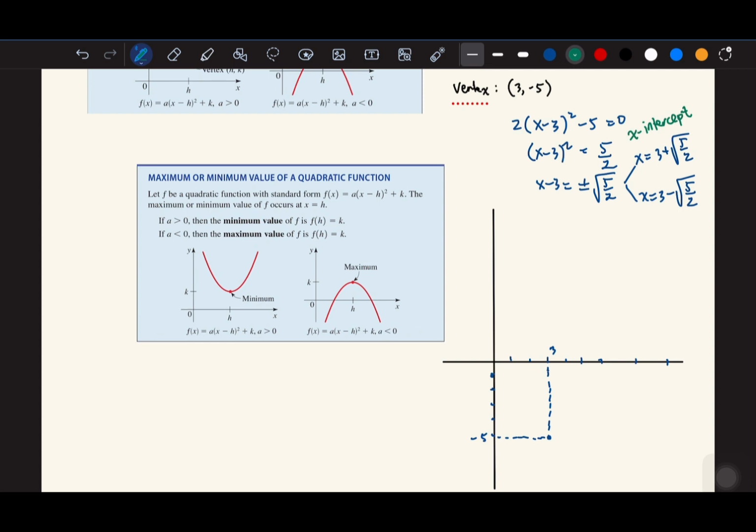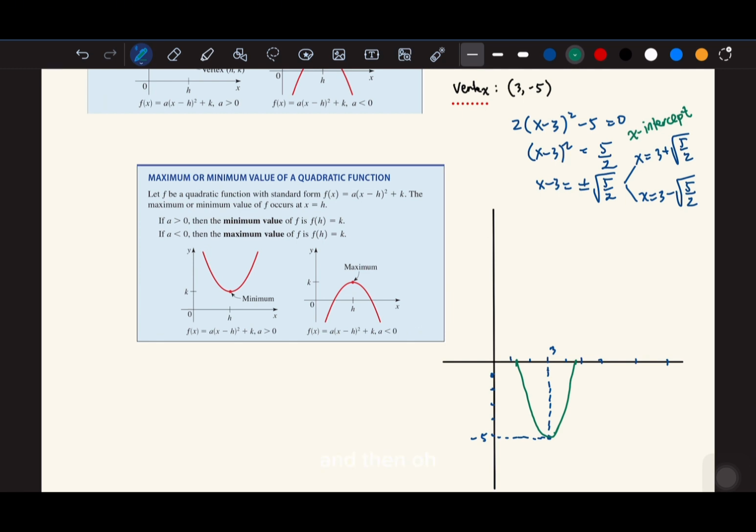And then the 5/2 is around 2.5, right? 2.5. If you take the square root of that, 3 plus something, 3 minus something. So it's supposed to be around these 2 points. So maybe this will be around here, and this is just my estimation, maybe not really that correct. 4, 5, maybe here, maybe around here, and we can have all this,